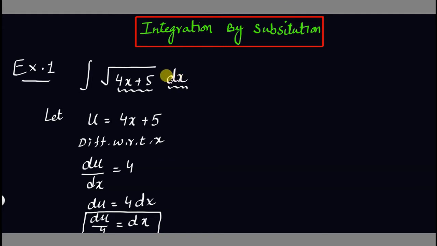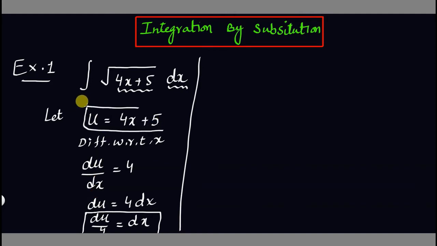But how can you get this dx? This dx can be generated by differentiating the function. So that's why we have differentiated this function once,